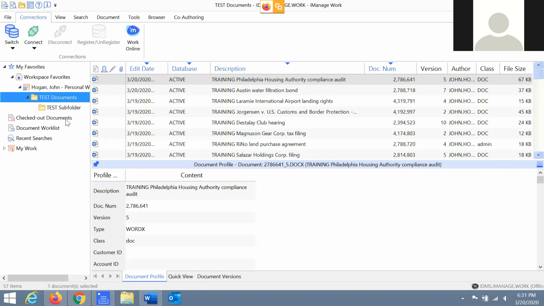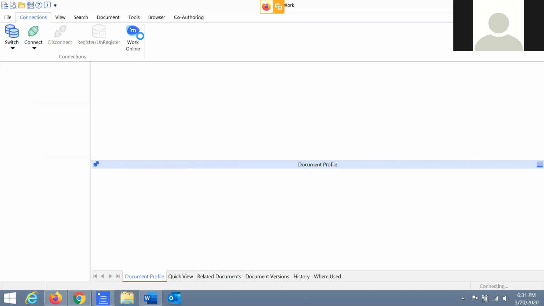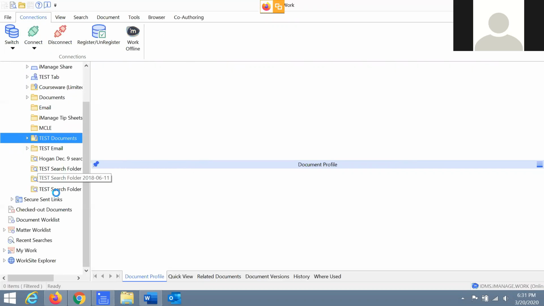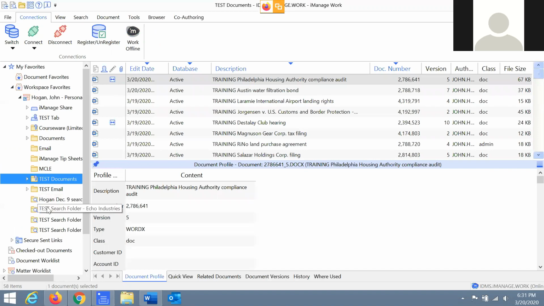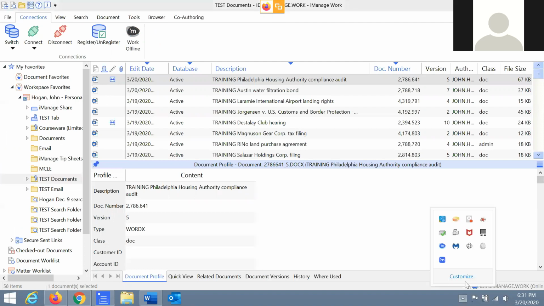So take as much content as you think you'll need when you're offline, make your changes, and when you come back and you connect again, when you come back in the office, you'll see that everything goes back to the way it was. Here's my workspace. It's got several more folders in it now because I'm reconnected to the system. And then once I come back, if there was anything that was needed to be synced, it would sync it back automatically. If I had taken folders from 3 different matters, all those documents that I worked on offline would